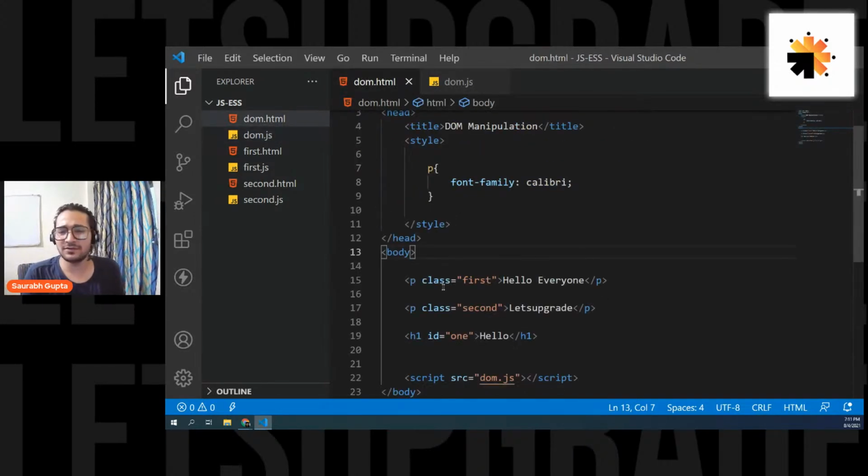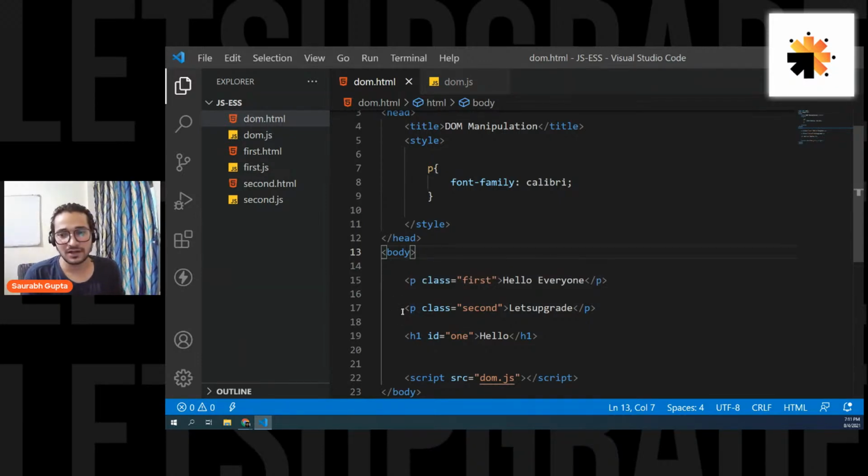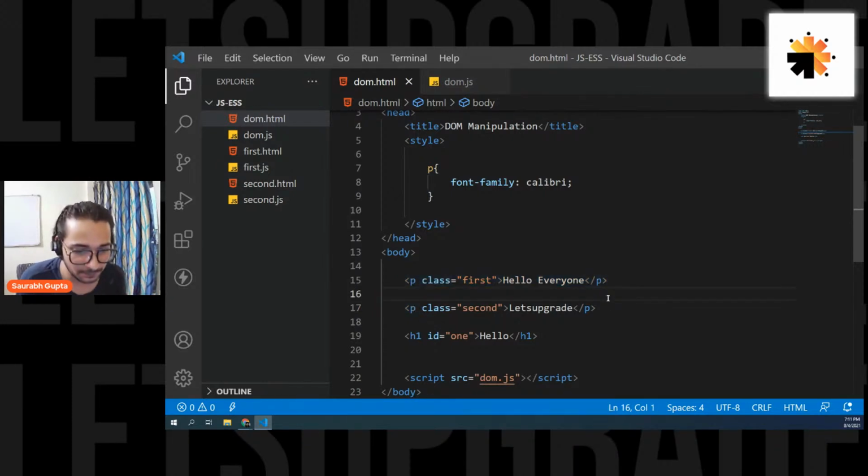So basically, see guys, just to tell you, ID and class are nothing. They are just like you give a nickname to your elements to separate them from others. For example, see, these both are P. So by using these class names, I have separated them. I have given this P a different name of first. I have given this P a different name of second. So basically, classes and IDs are just like nicknames you give to your elements to separate them, because both of them were P and they were causing trouble to us. So that's why I gave them different names of first and second. Okay, guys. So now let's move ahead.